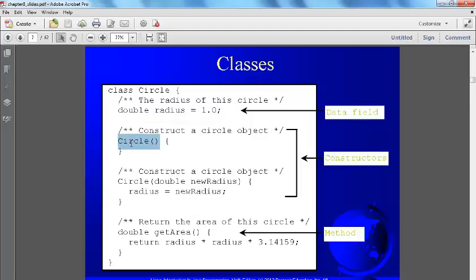A constructor essentially is a method that has the same name as the class. And because this is a method, it is always associated with a pair of parentheses. Now you'll notice that this constructor doesn't have anything inside the parentheses. This is a no argument constructor, sometimes also referred to as a default constructor, but we usually call it just a no-arg constructor. And notice I can also create another method named circle. Again, the name of the method and the name of the class are the same. That's what